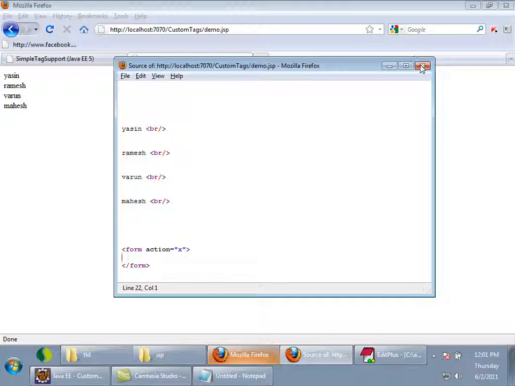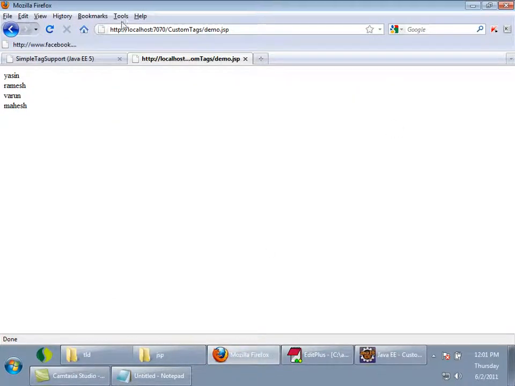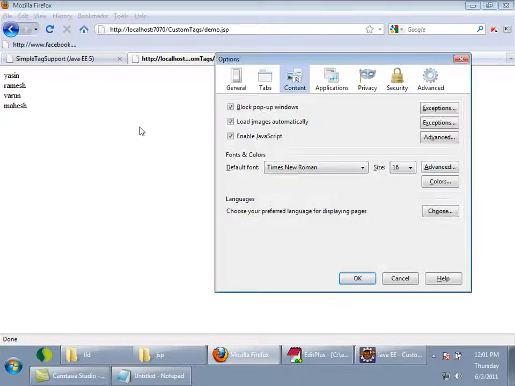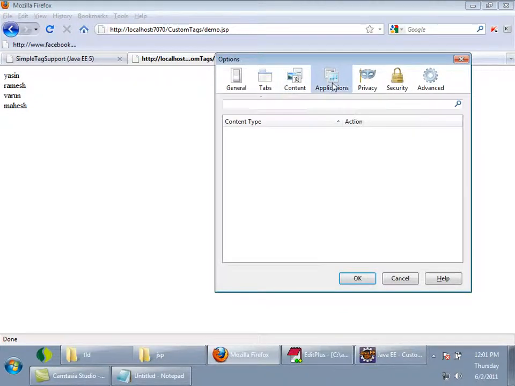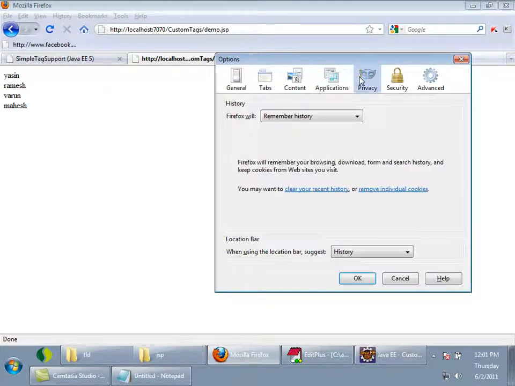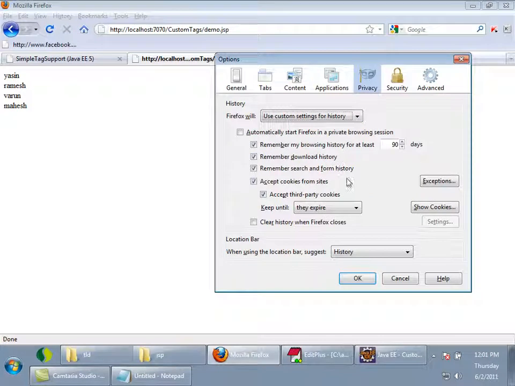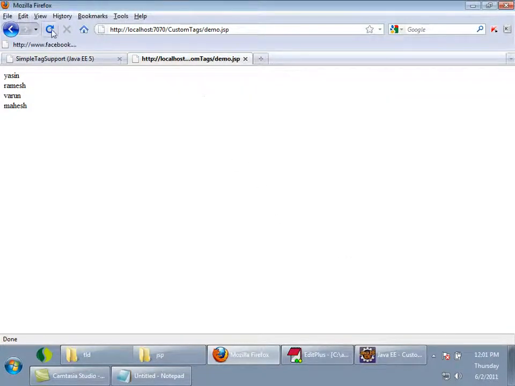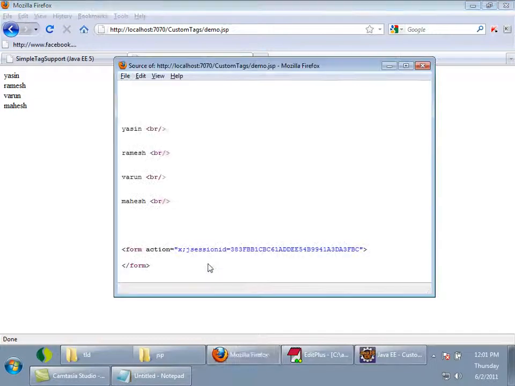Okay, if cookies are disabled, let us see. Just disable the cookies. Yeah, now I have disabled the cookies.